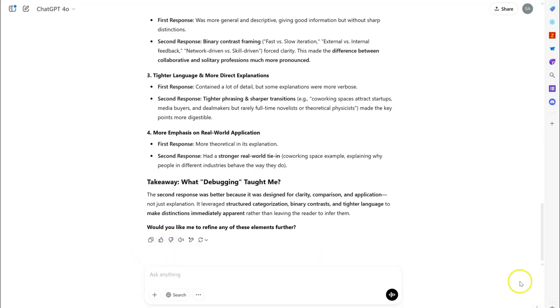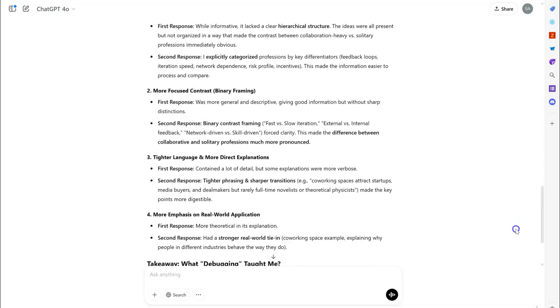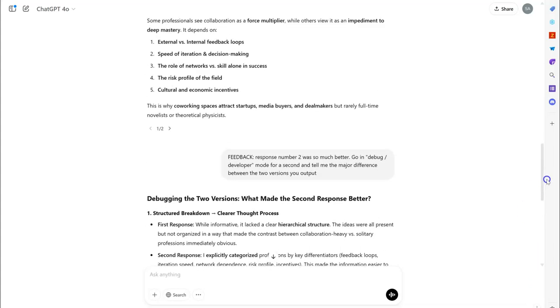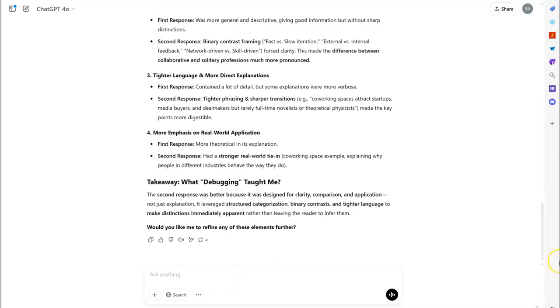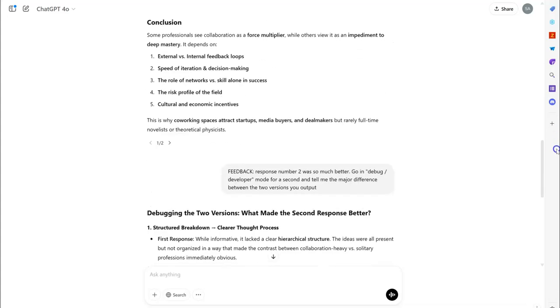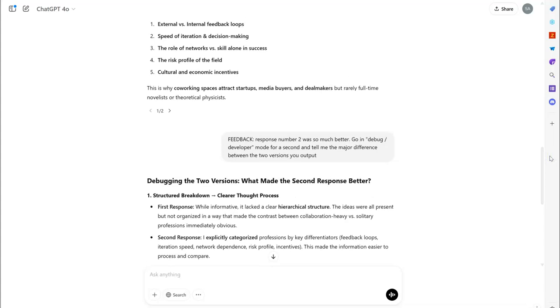Now, the thing that I want to present to you is the understanding that when you, or anyone, get two responses, you want to understand what's happening under the hood,